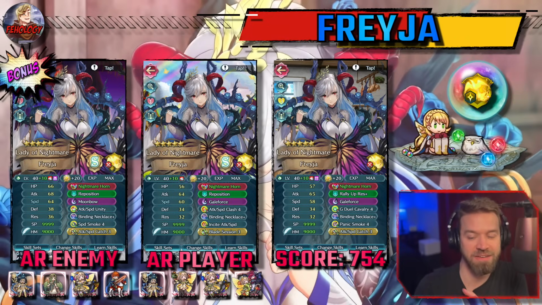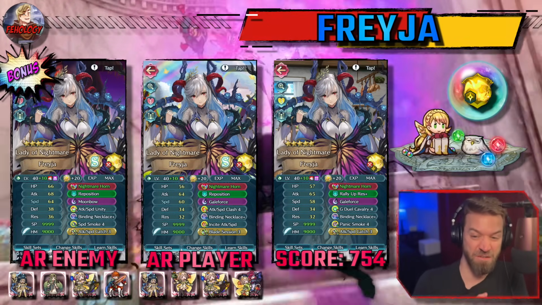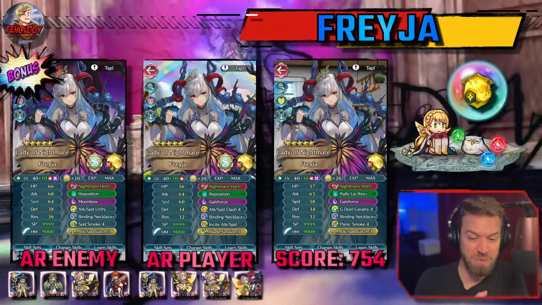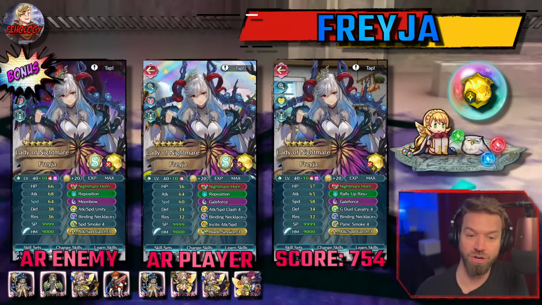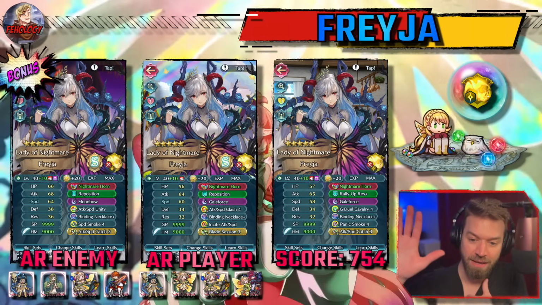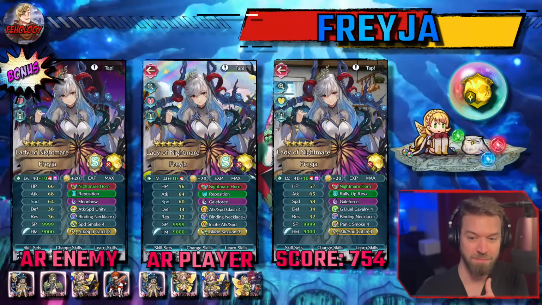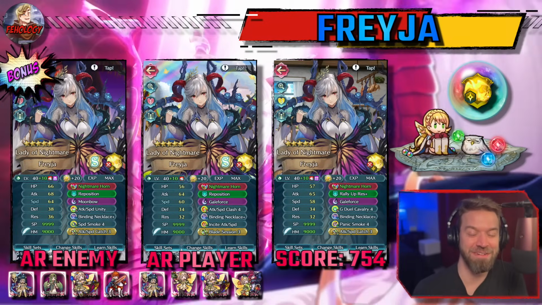Arena's tough. 754 is just not really there. If this is just your favorite unit, you have her merged up and you need to be able to use her, you can get that done, but understand that's going to be very hard for her in that mode. Probably her best build is going to be that AR player phase, but with Wings of Mercy. But for all the Freyja fans, I had to look at her as